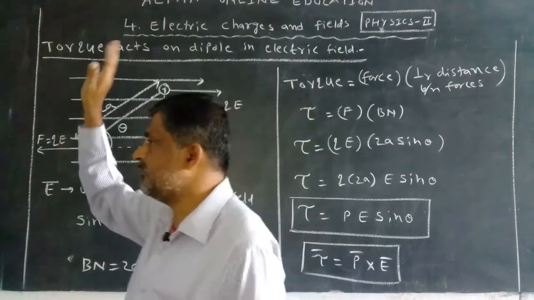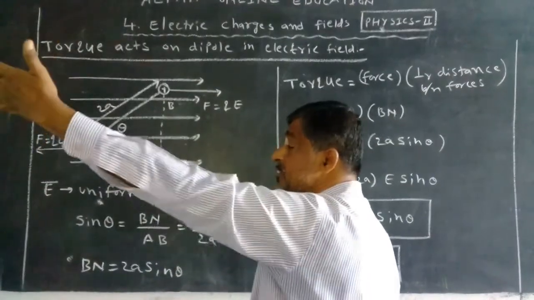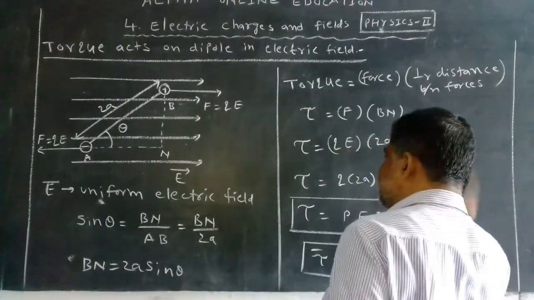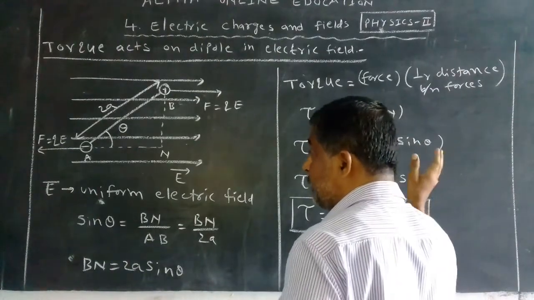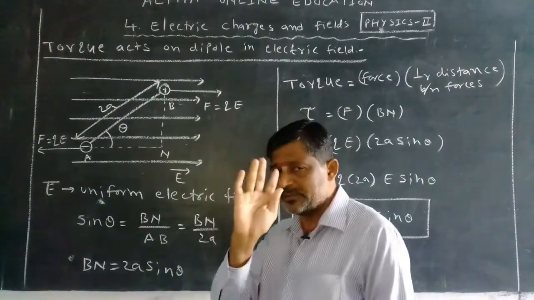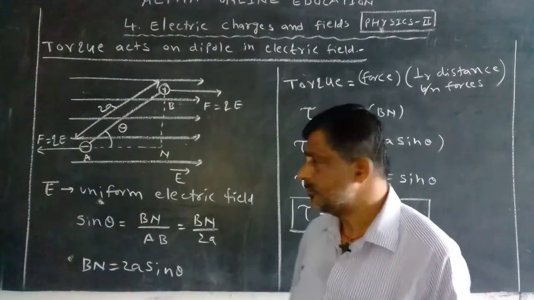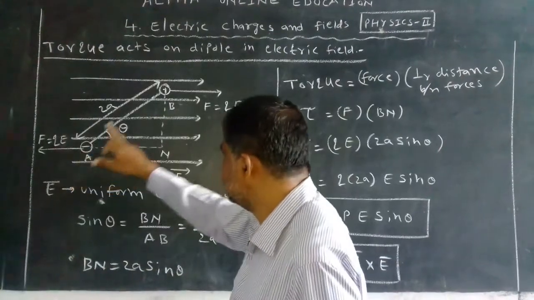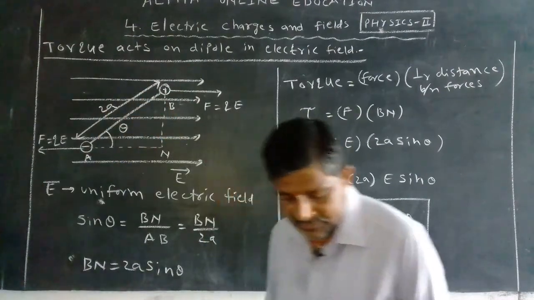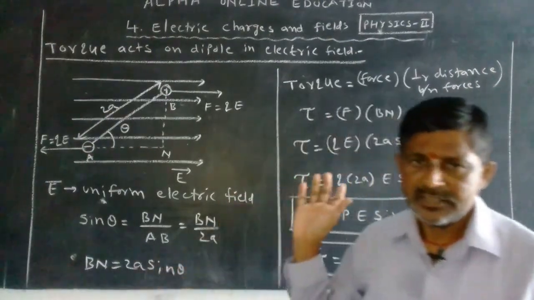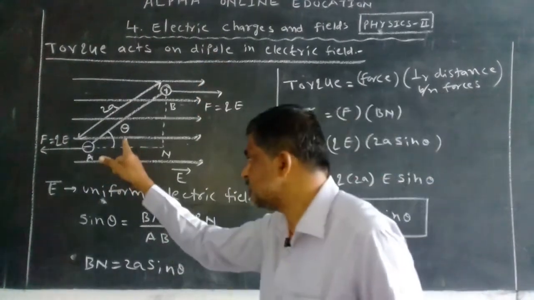In the uniform electric field, on this side, the left hand side, which charge may exist? Positive. On the right hand side, which charge may exist? Negative. Leave it, you just remember that. In the uniform electric field, let us take a dipole. Dipole means a negative charge and a positive charge separated by a distance 2a, taken in the uniform electric field. It makes some deflection with angle theta.